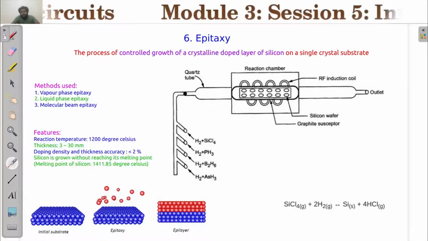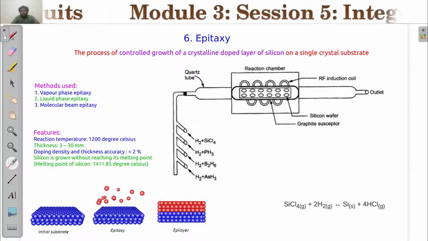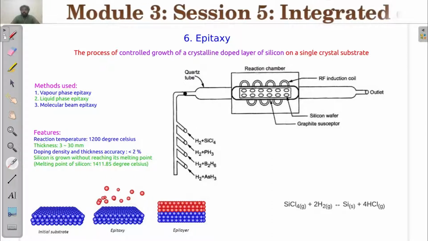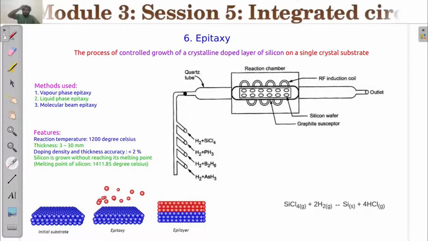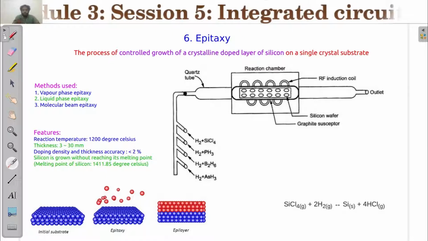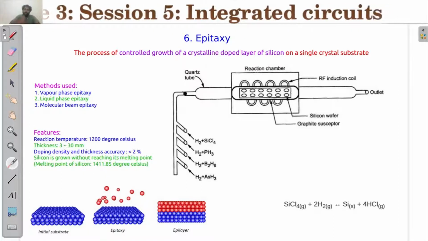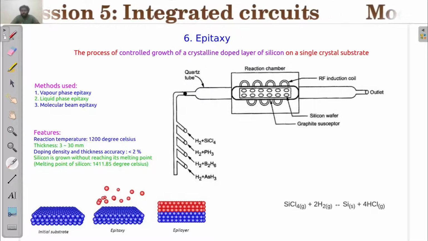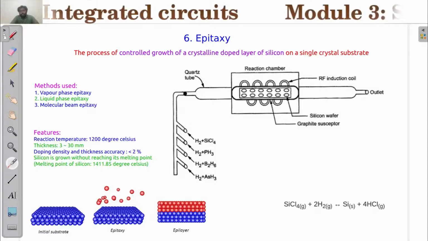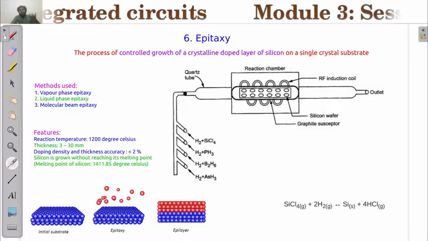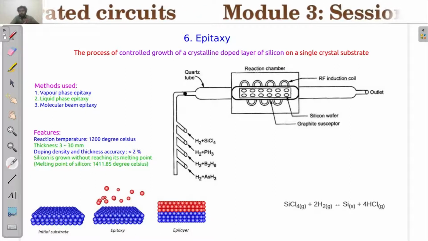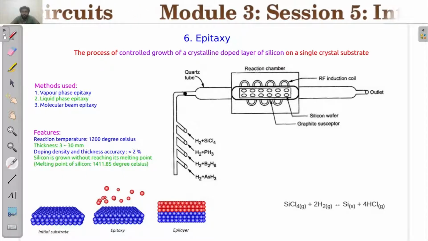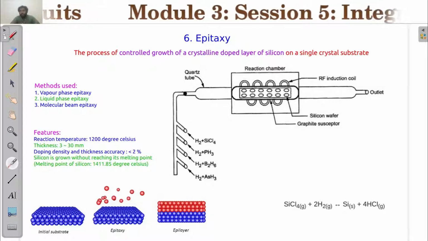We have seen two techniques in the previous video, that is ion implantation and diffusion, where you will be making a region doped into n-type or p-type by introducing impurities. That is somewhat like a deposition, but this is not like that. In that case, you could increase the amount of dopant concentration in the silicon wafer. But what if you want to decrease the dopant concentration in the silicon wafer? Epitaxy gives an answer to that.